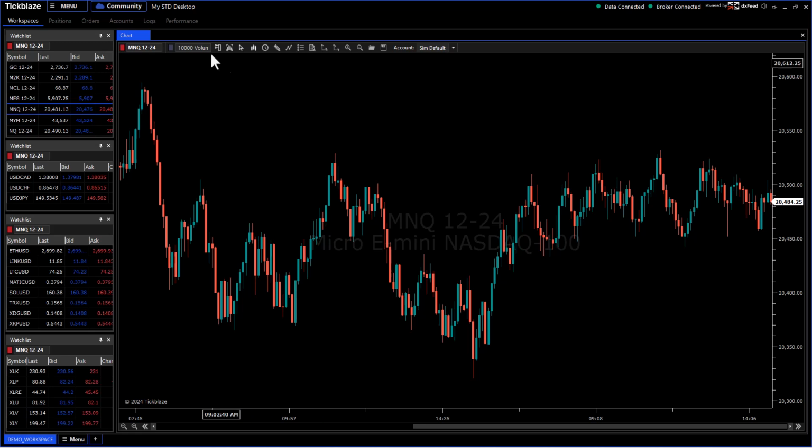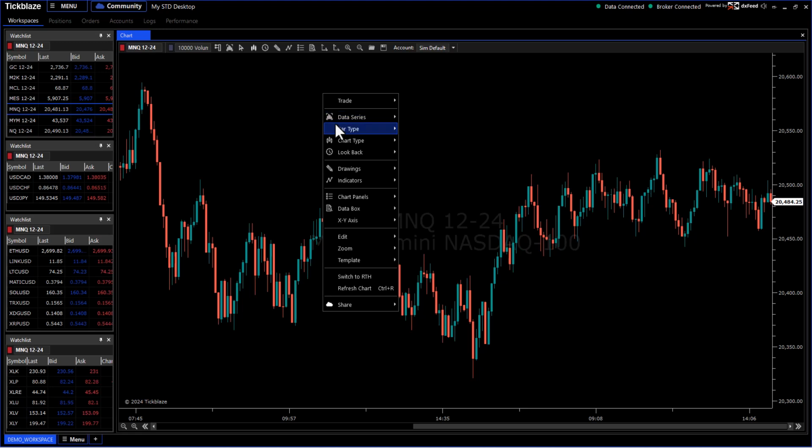Now, if you take a look up here, it's got 10,000 volume, but if I drop down, you see I've created a category and I've got 10,000 volume. This is really cool because now, at any given time, if I ever want to load a 10,000 volume chart, I can access it here. If I go to bar type, you're going to see I have it here as well. You're going to notice under range, I've got 10 ticks, I've got 50 ticks,